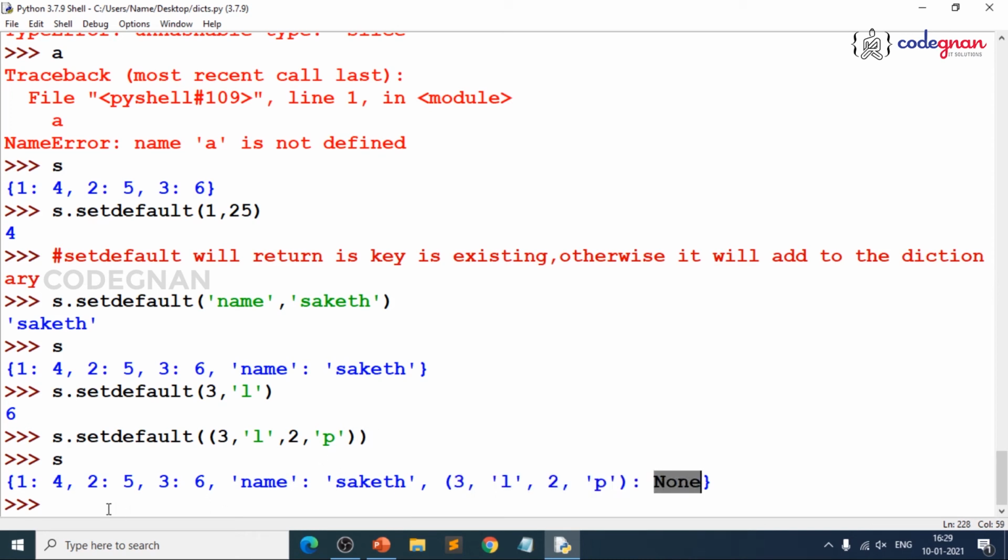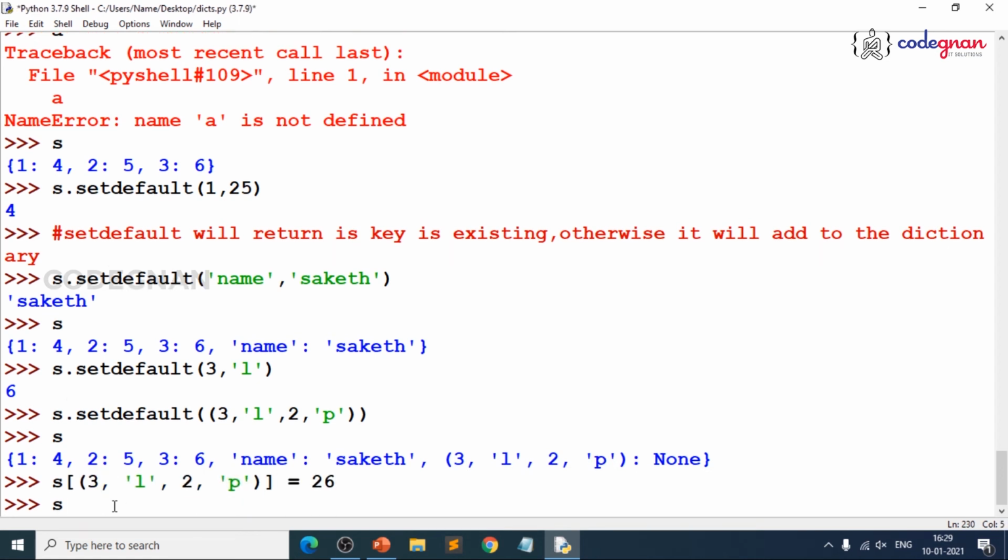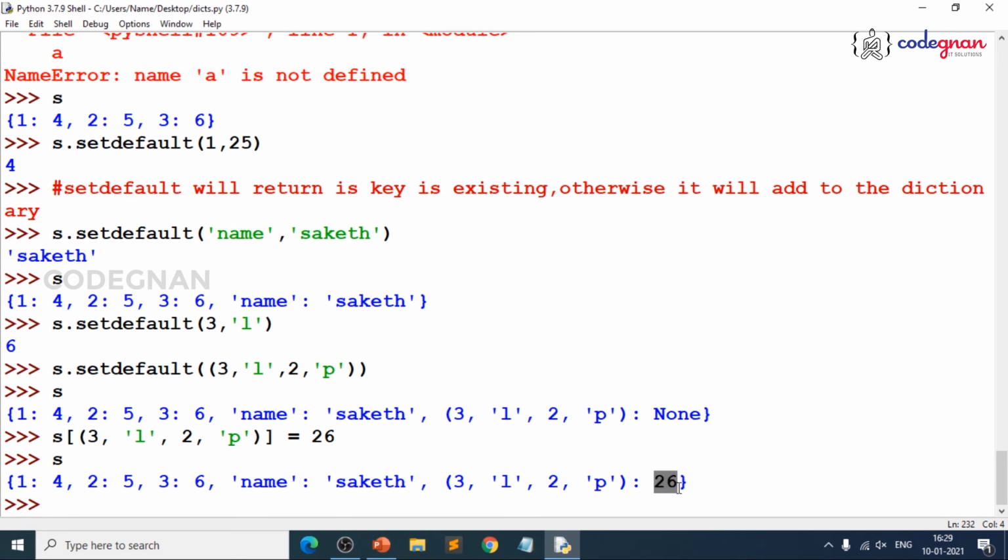How do you give the value for that? How do you access that? You just access it by giving this as a key. You place it in this, and you pass some 26. There you go, you get that as 26. So make sure this is not individual; you are making it as one argument. You are passing those things within parentheses. That means that entire thing is a group of arguments.